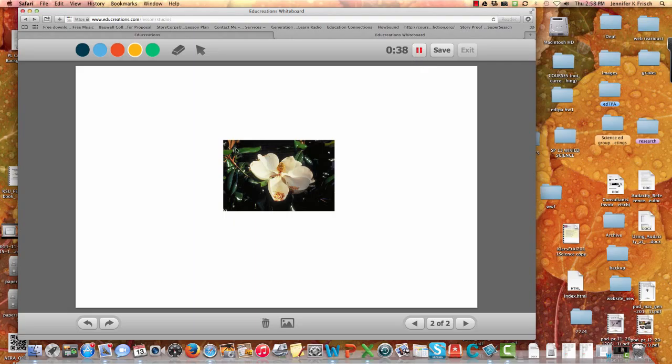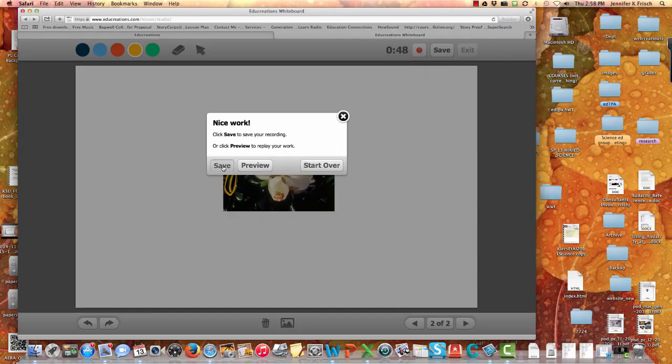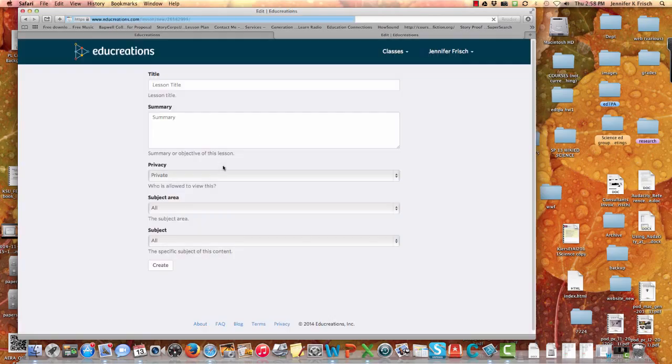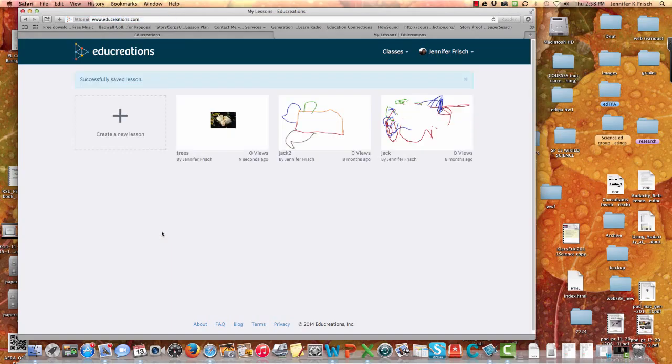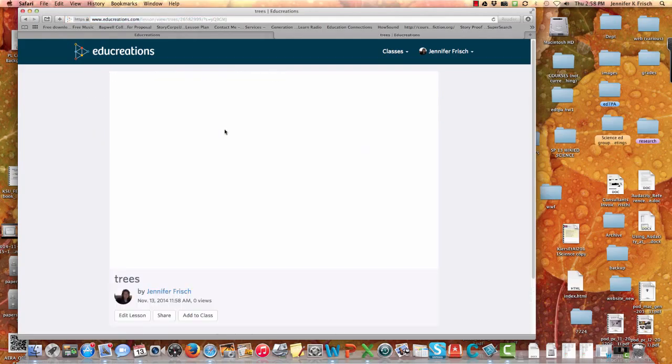Then you continue recording, and this is a magnolia flower, and you can see that the leaves are much shinier, but they are still simple. And then when you're ready, then you can save it and title it. And then you can see it's right here. So then if you wanted to watch it,